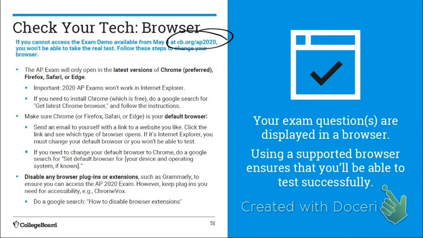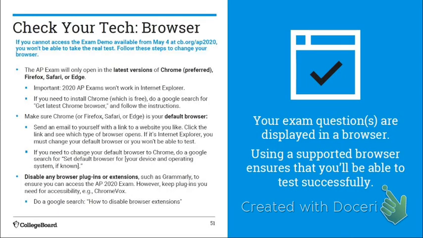And if any of you think you might have that Grammarly plugin on your computer, which the school laptops don't, but if you think that your home computer might, there's a way to disable browser extensions. It says just do a Google search. I guess it must not be very difficult. And I think that is just about it.